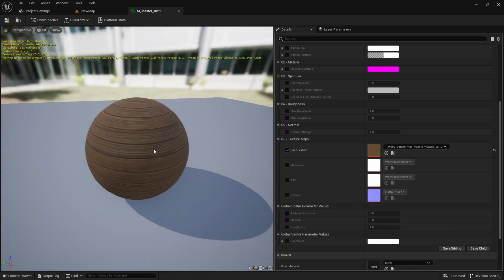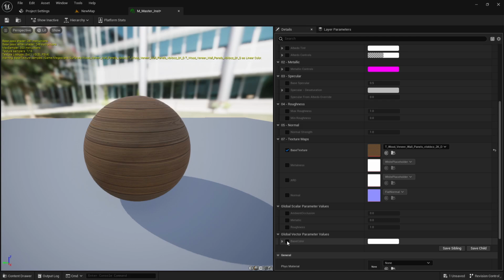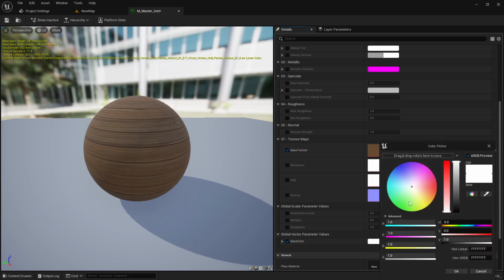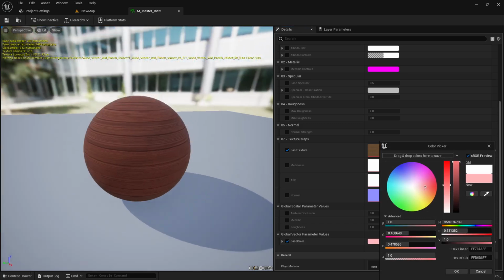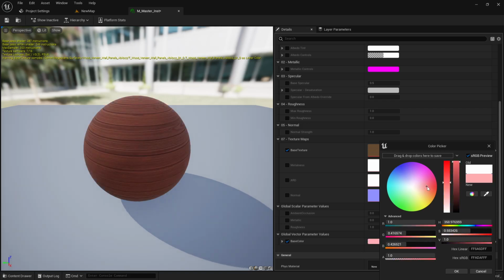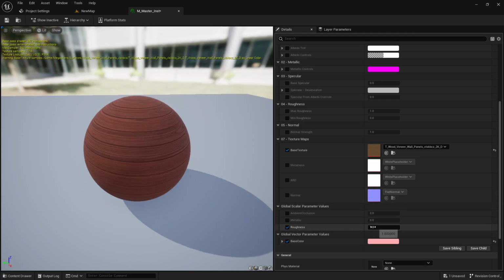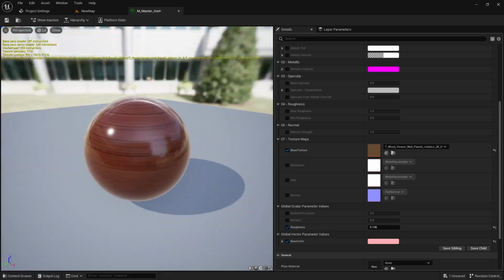this is a wood texture. So for some reason, if I want to change the color of the wood, I have to go to base color and go here. Then yeah, this is a red wood. Okay, this is green. I like the red one. Here, red. Then if you want a shiny looking wooden floor, you just have to put this roughness value lower. Boom, you have a shiny